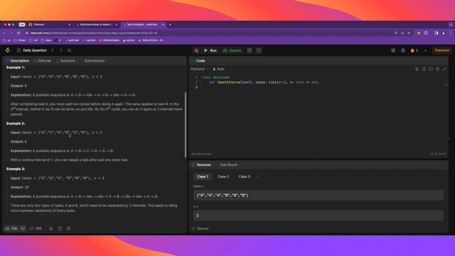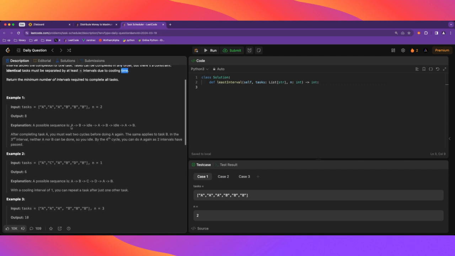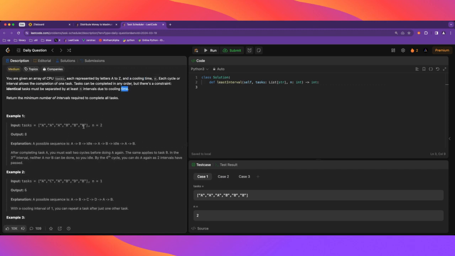All right, so one observation that is pretty easy to make is that the minimum number of intervals is going to be at least the number of tasks, of course. But then there's another lower bound,